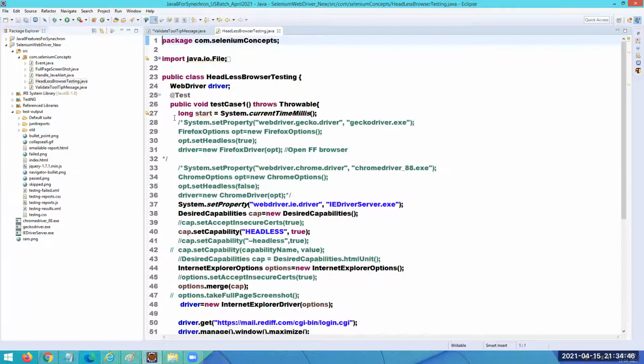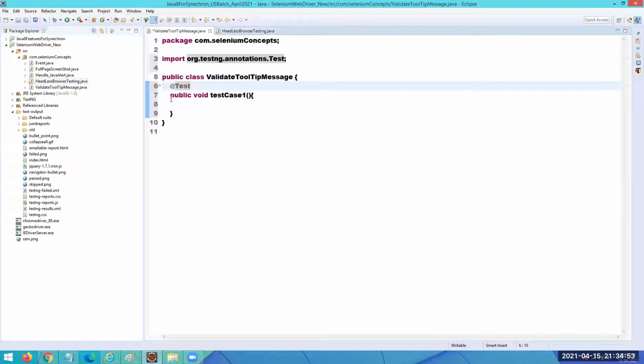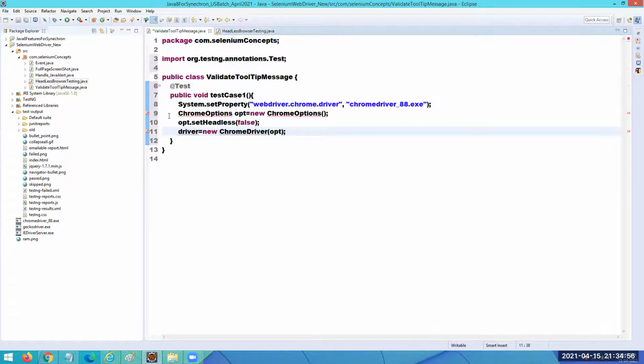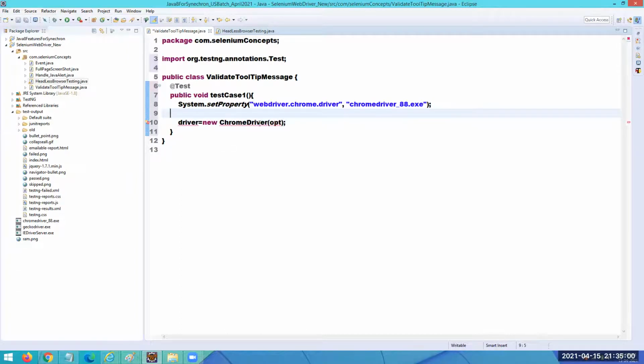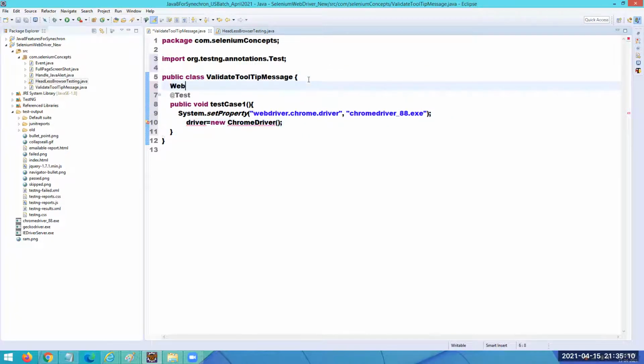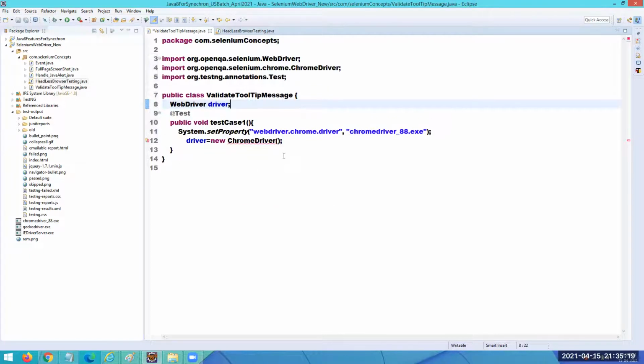Now here I have the code to work with the Chrome browser. So now I'm going to hide this. I'm just going to remove these Chrome options, we don't want them. So I'm just going to say here, driver is equal to ChromeDriver, and I need to define what this WebDriver is. WebDriver is an interface. I'm going to say WebDriver, creating an instance here, and I'm going to import a package for this. And I'm also going to import a package for this ChromeDriver.